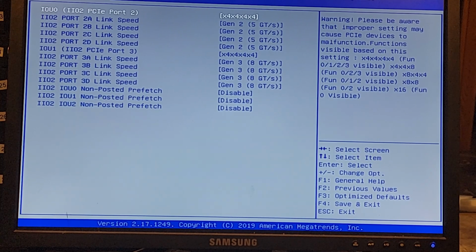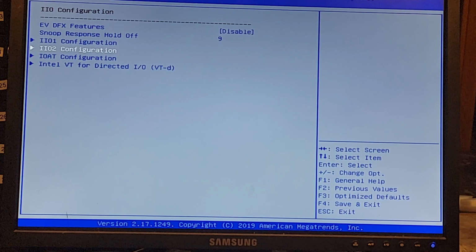And I didn't want to take any chances, even though I have a fiber card plugged into it for 10G connectivity for Proxmox and stuff like that. But I set both of those because originally it did say ports 1 and 2. I didn't take a picture of it because I was just trying to get it to work. But you got to make sure that you change that to